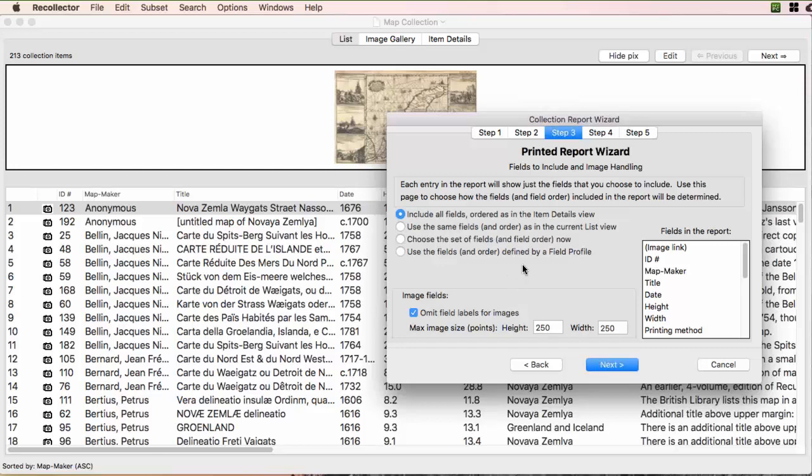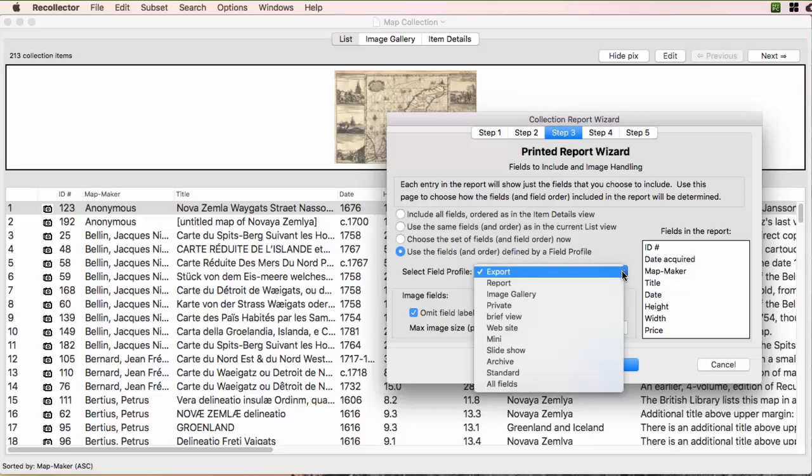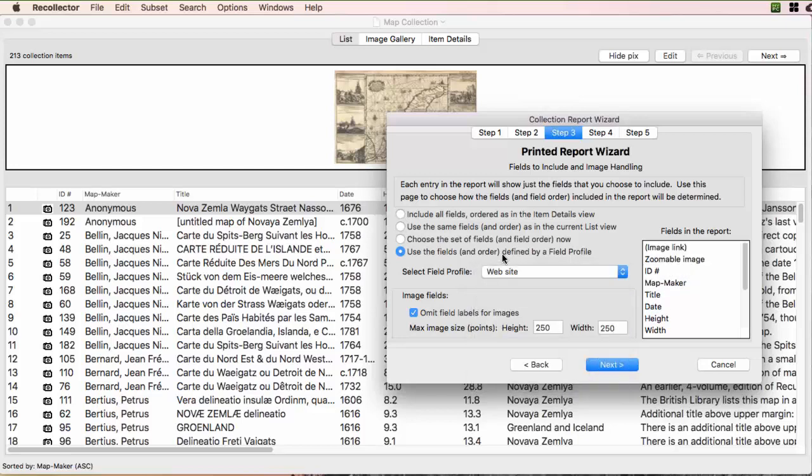Okay, the next step is asking you which fields should appear in the report. You don't have to have all the fields in your collection show up in the report, and there's several ways of narrowing it down. One of the ways is to use what's called a field profile, and there's another video in this set that describes how field profiles are created and used. So I'm going to use the field profile choice here, and I have a bunch of field profiles defined for my collection, and I'm going to use this one called website because that works well with my collection for printed